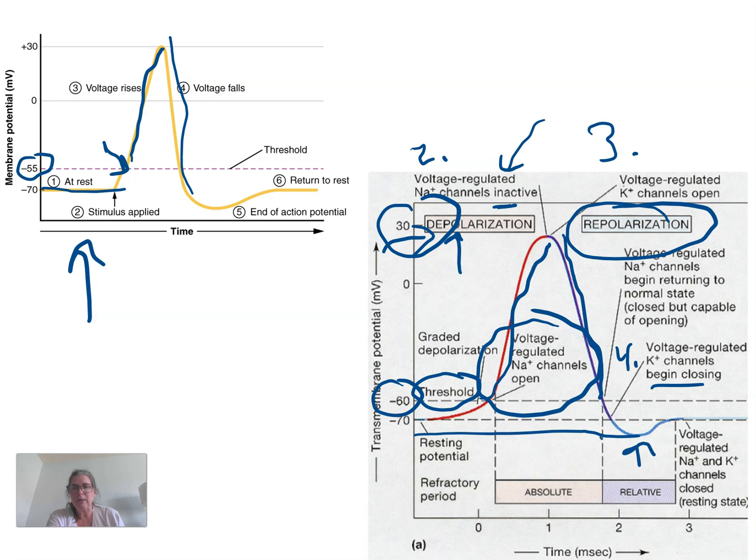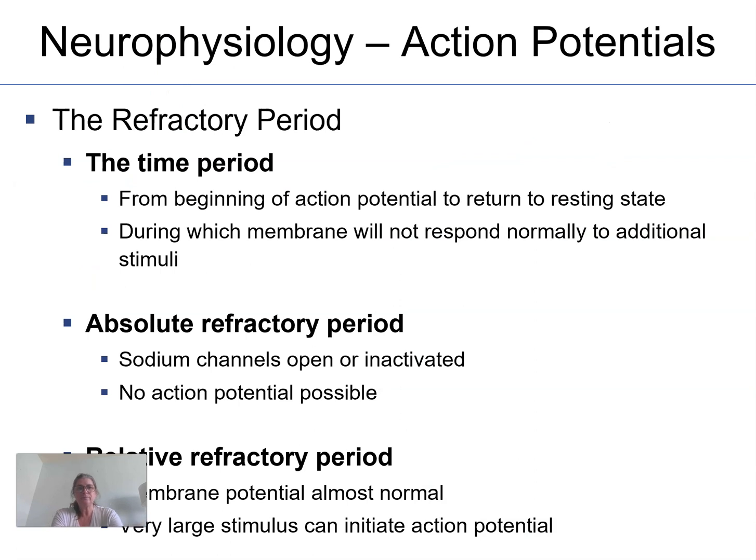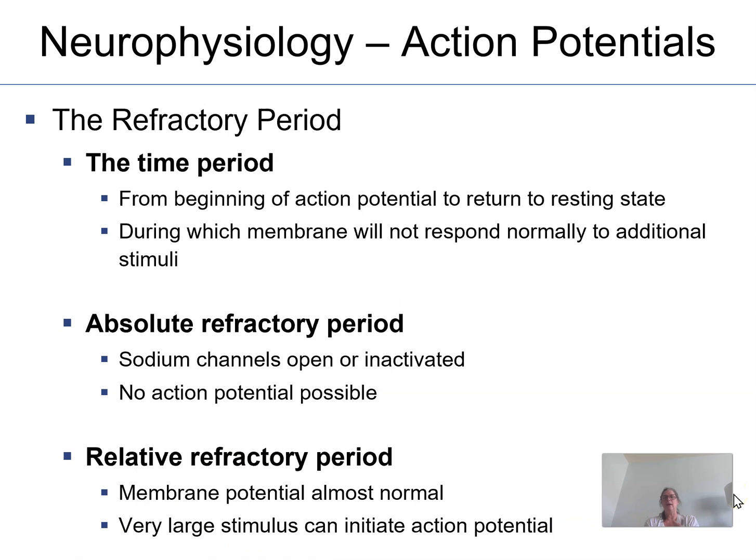And then the sodium-potassium pump kicks in, and it comes right back up to the resting membrane potential, and it's ready to do it again. Now, in your notes, you'll also notice, and you'll see on the graph, that there's something called a refractory period. So the refractory period can be absolute or relative. So the refractory period, generally speaking, is just a time period that you can't send another action potential with the same stimulus, basically. So it's basically once it returns to resting, and the membrane doesn't respond the same.